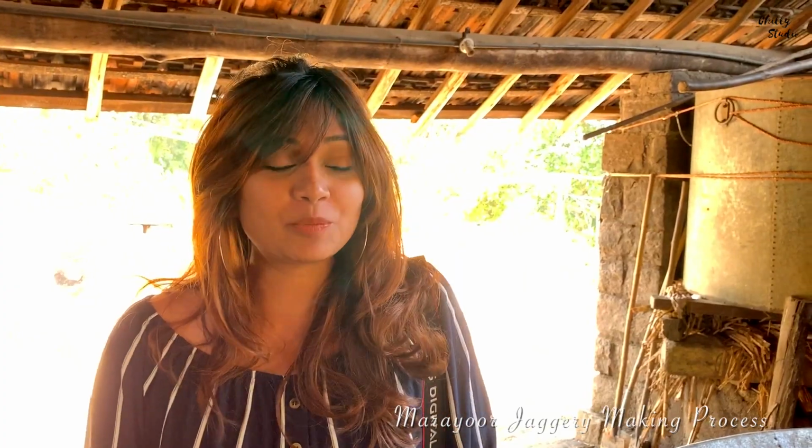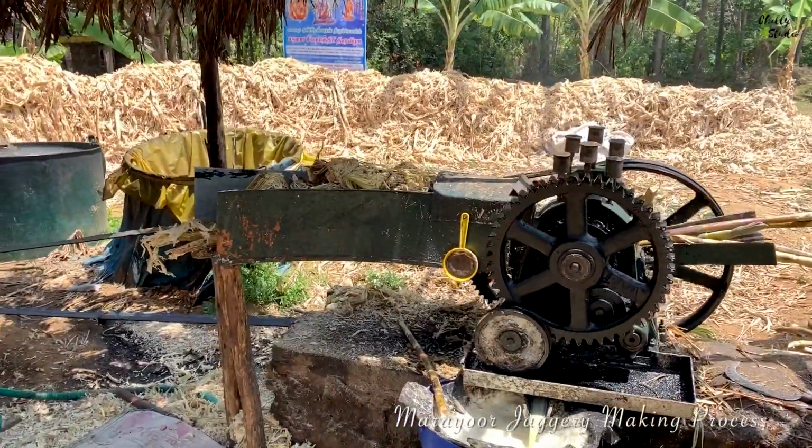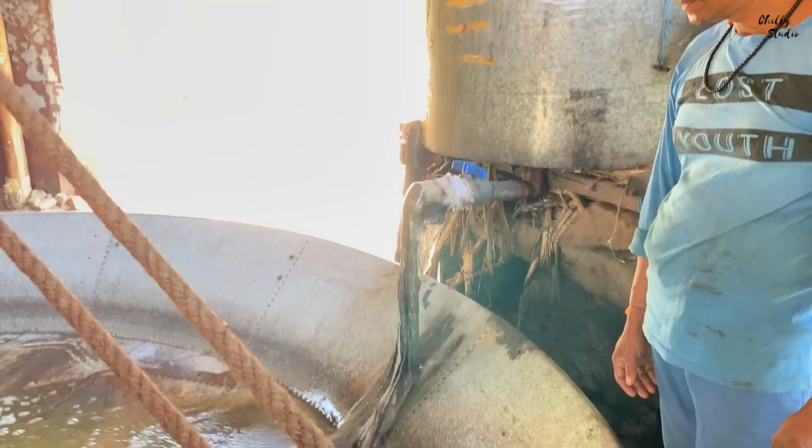We are at the Mariyur estate. We've come here to check out the process of jaggery making. So the process is really simple. All they do is extract all the juice from the sugarcane, and it gets accumulated in a container, which is later transferred into a huge tray,